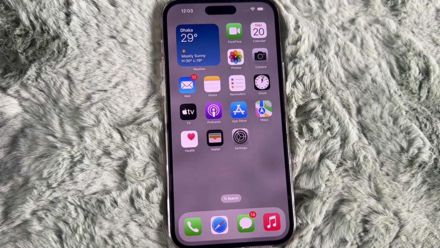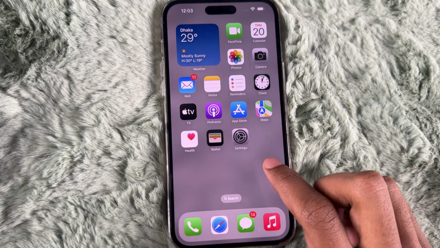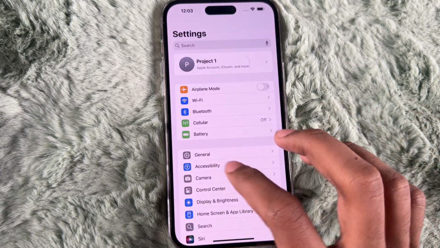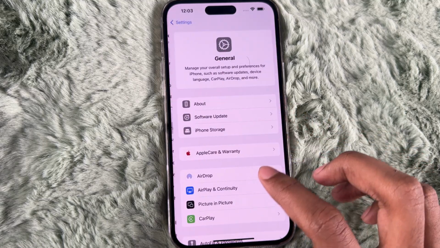Hey everyone, in today's video I will show you how to fix iPhone keyboard lag after the iOS 18 update. Follow these steps to fix it. So let's get started. First of all, you have to go to Settings, then tap on General, then search for